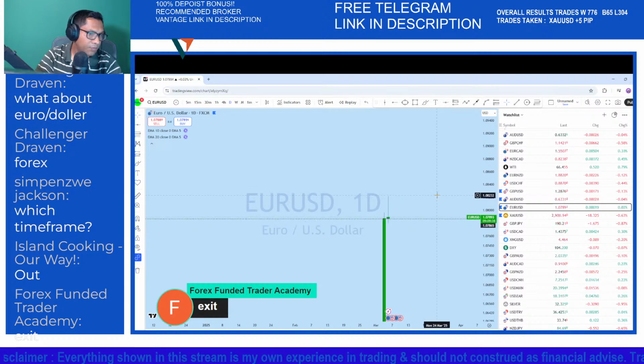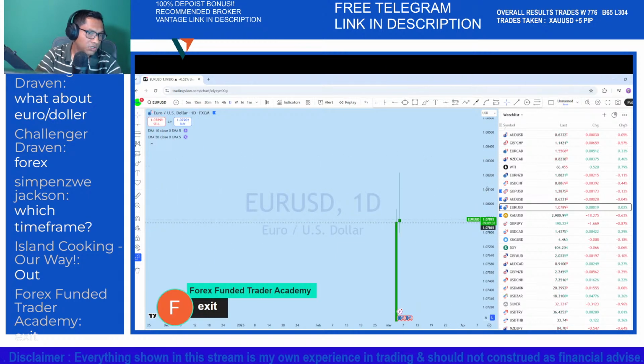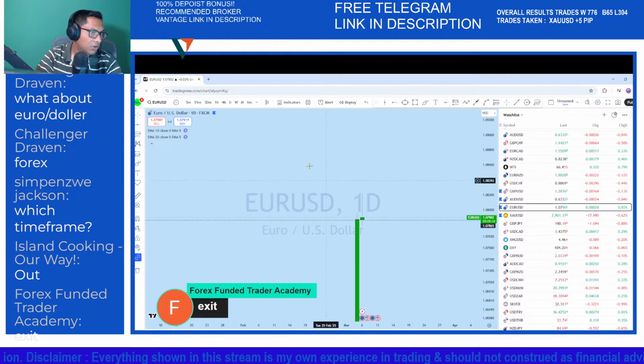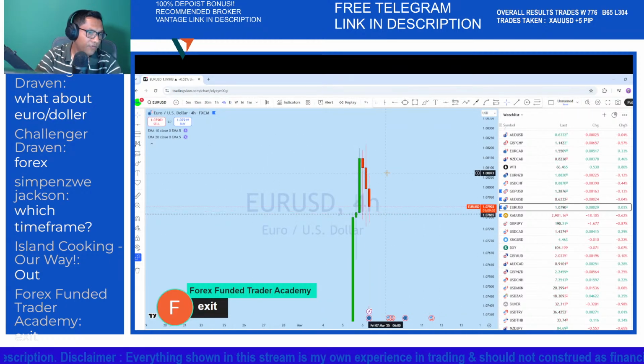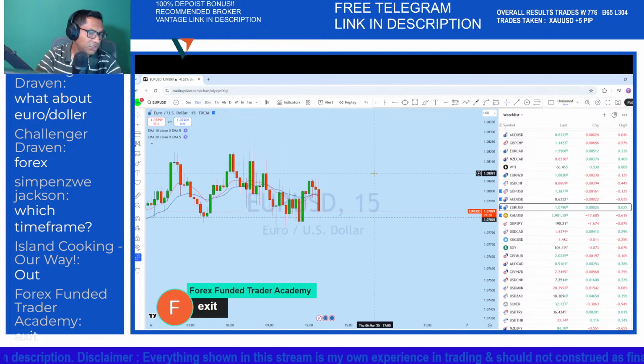Okay, so with that support on this instrument on EURUSD, on the 4-hour level, and if we look at the lower time frame here on EURUSD, this is the 15 minutes chart here,